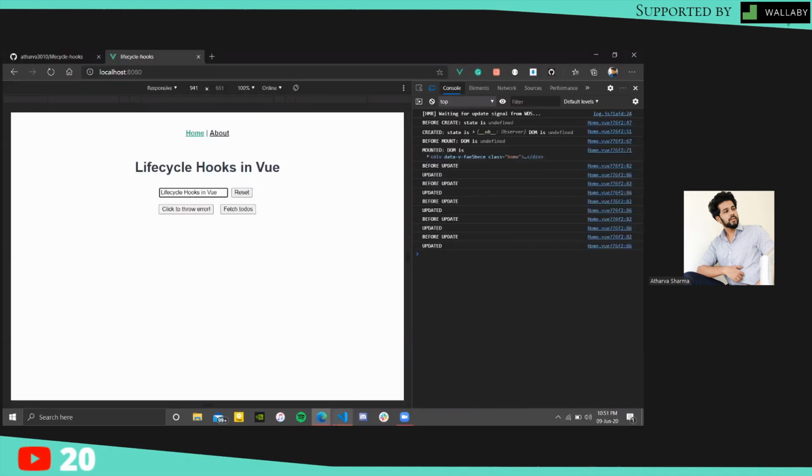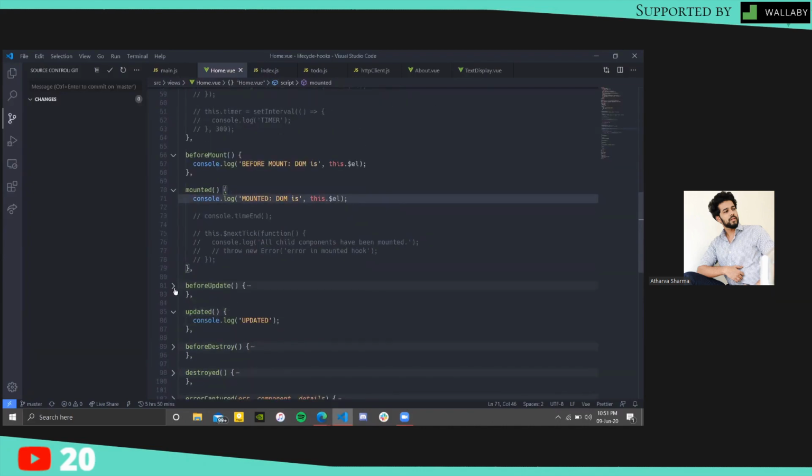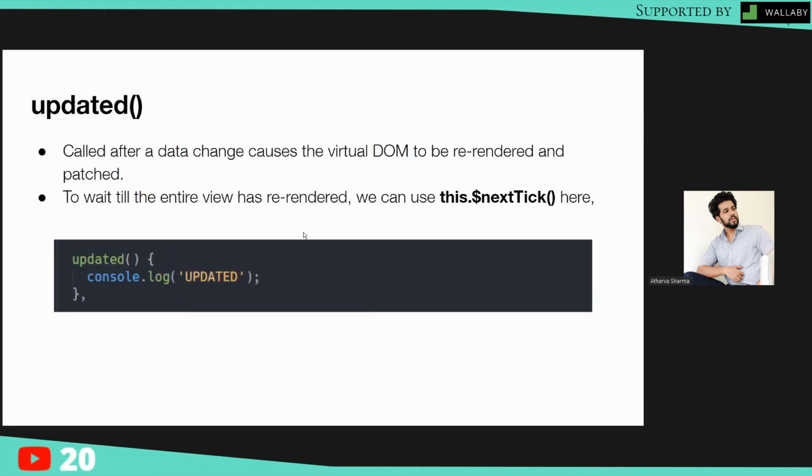You can see the updated hook working here, and we are listening for it here. Further down in this talk, I'll talk about when we should use beforeUpdate and updated, and when not to use them.